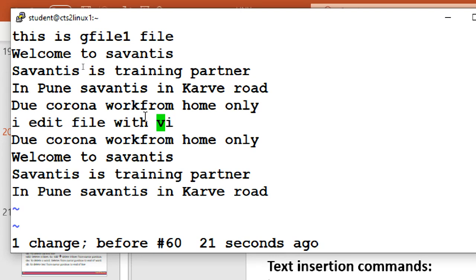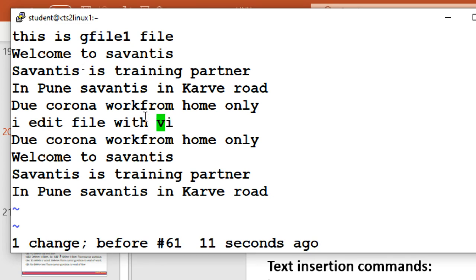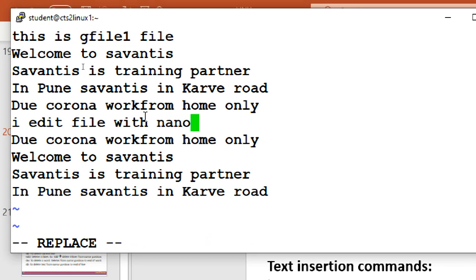Escape, capital R. The capital R should be changed to nano. Okay, escape, u. This way I want to change it. So I go to capital R, nano. Like that we can change it.